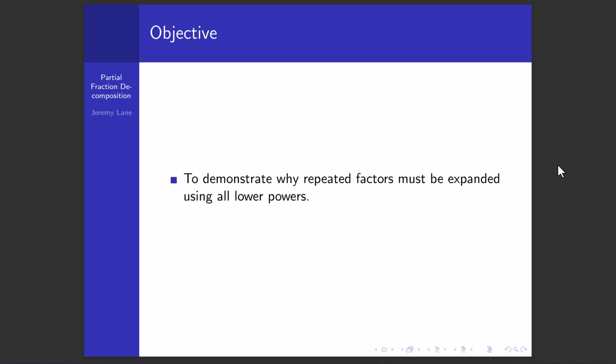Again, we'll be using linear factors here. The same idea would exist with quadratic factors. It just gets a little bit more complicated with the arithmetic, but I believe the point will be made with